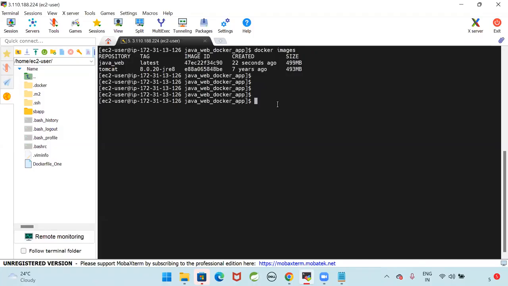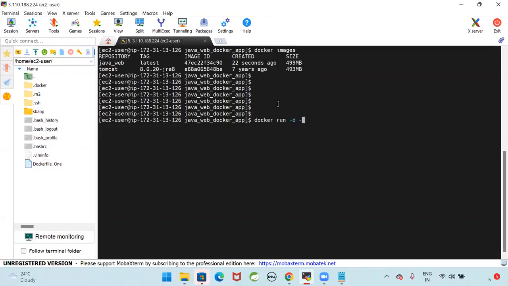Once this image got created, can you tell me the command to run the Docker image? Guys, can you tell me the command? My image is available. Full command I want, to start a container. Can you tell me the full command to run this image as a Docker container? Yes, docker